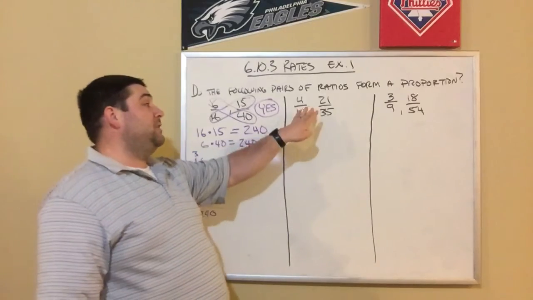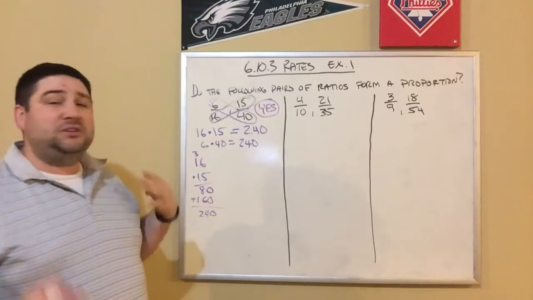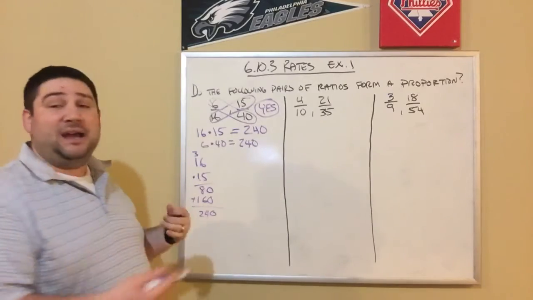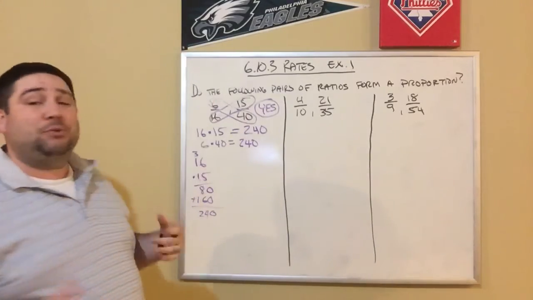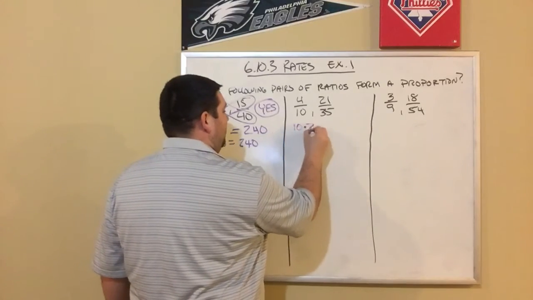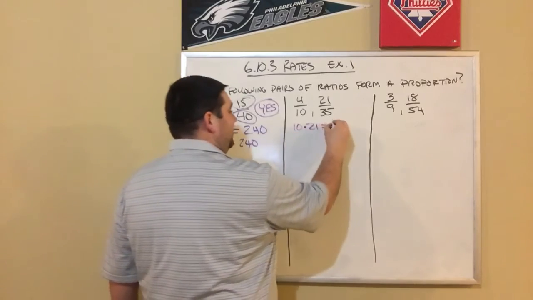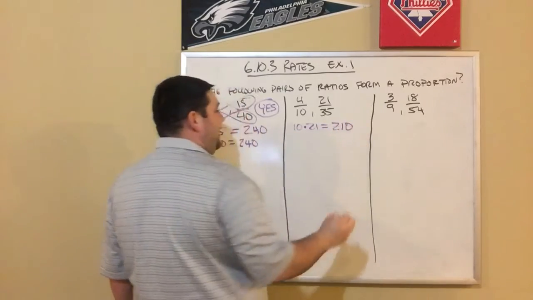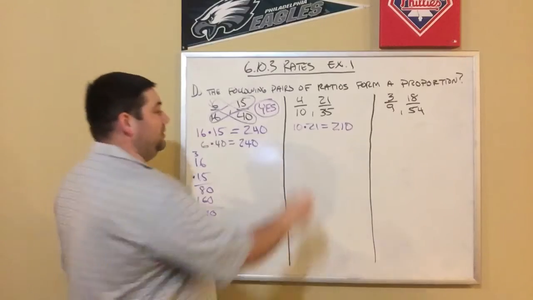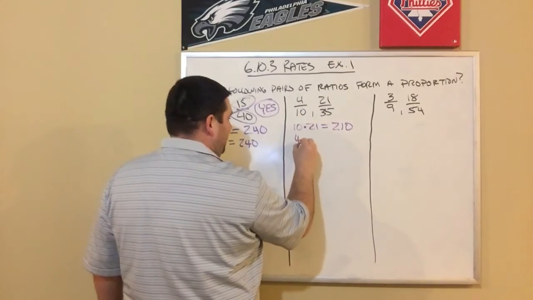So let's look at our second one. We have 4 tenths and 21 35ths. So we're going to do the same thing. We're going to multiply diagonally, we're going to find our cross products. So we're going to do 10 times 21. Can do that in my head. 10 times 21 would be 210. I'm going to do the same thing now with my other diagonal,